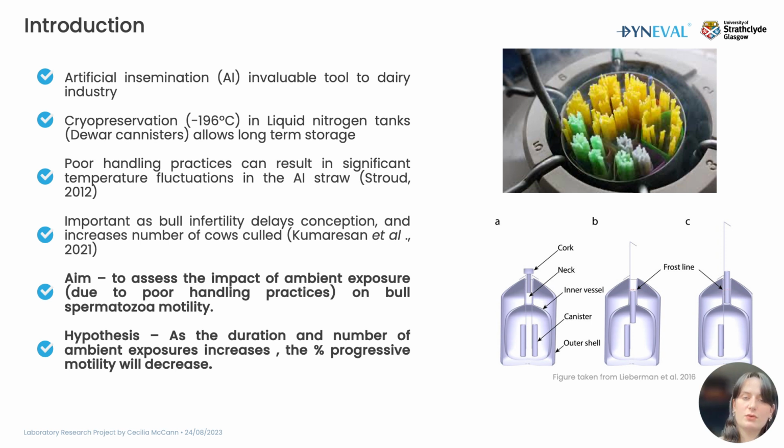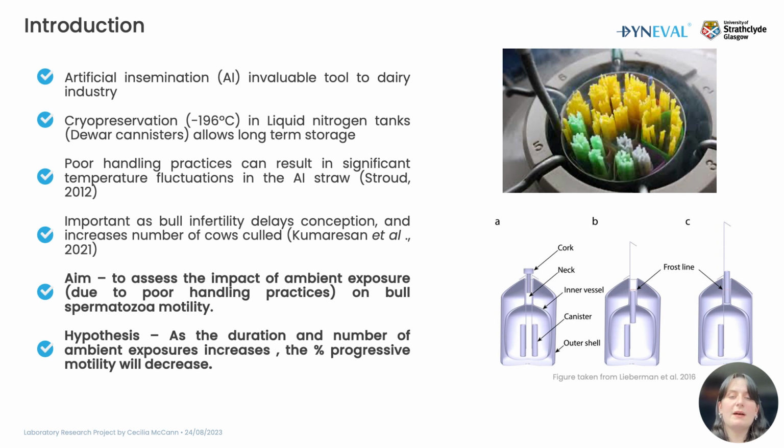The second stage where ambient exposure occurs is as a multiple ambient exposure, which happens when the AI technician is performing the insemination itself. As I said, these straws are kept within the goblet that is shown in the figure. And when our AI technician is going to inseminate a cow, they'll lift the goblet to the neck of the